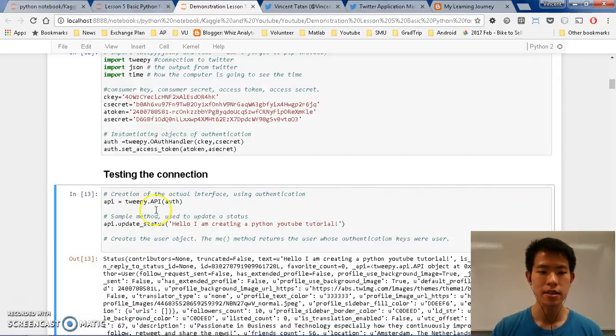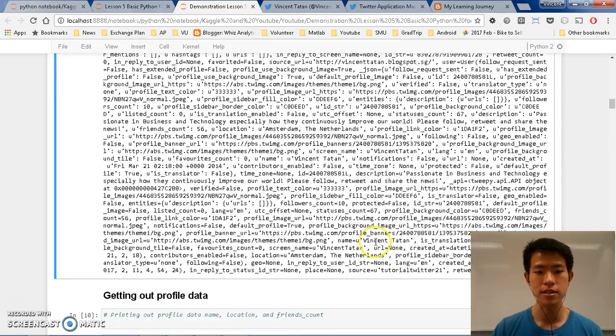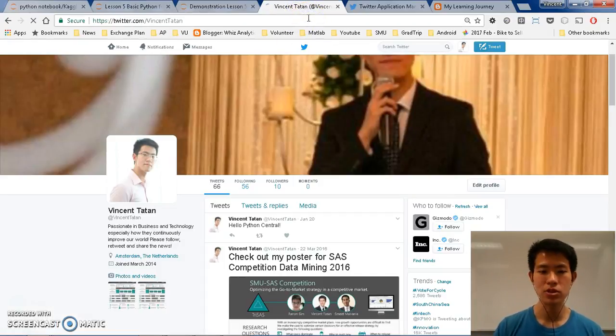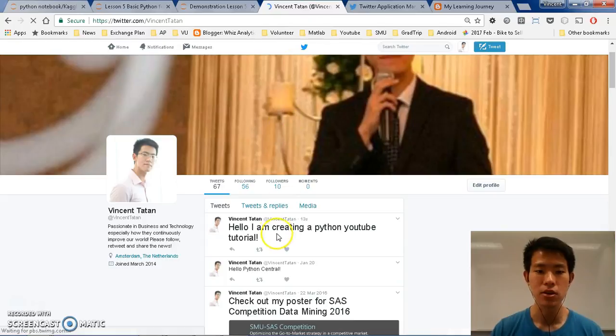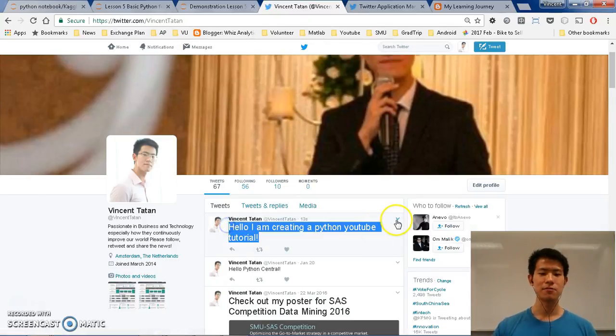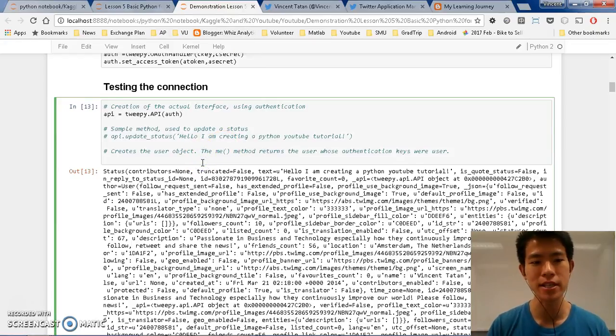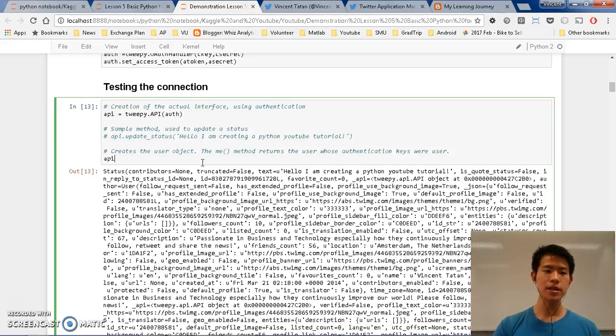So I can run it. Okay, so it gives all of these things. Don't worry about it. It just means that it's working. It's managed to read your Twitter account. And then let me try and refresh this. So there you go. Okay, so you can actually use this for your applications to make a tweet and maybe to see what's inside. Alright, so let me just comment this out because I don't need it. The second thing that you want to do is to get your own information. So it's very simple, just api.me.